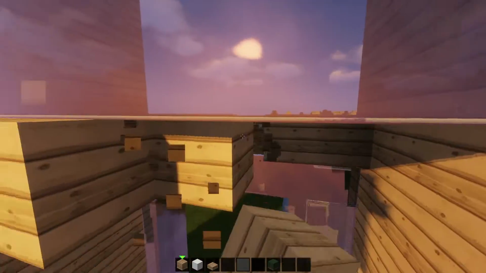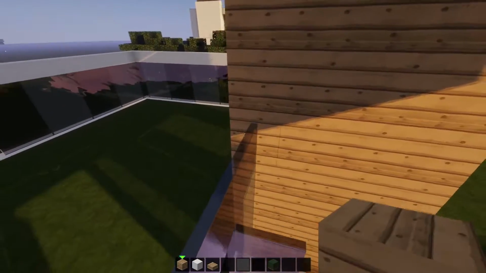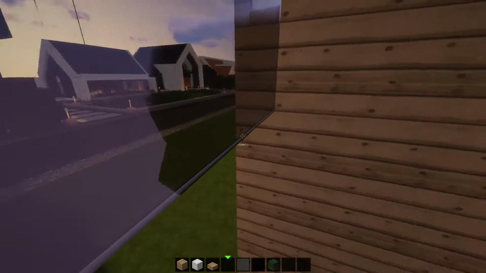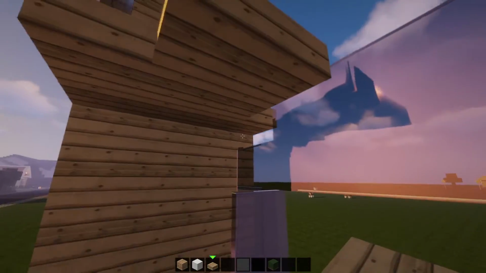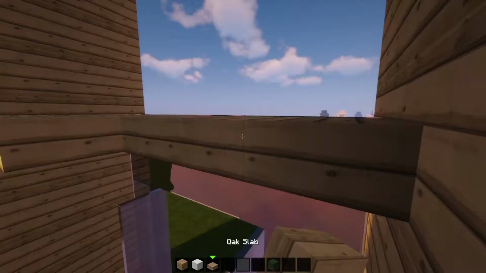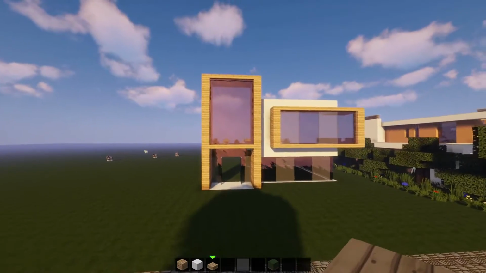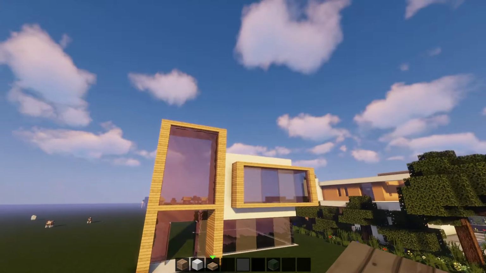But right here I'm gonna have to figure out something, because we cannot leave this window like this, so we're gonna have to figure out something. Let me just place the slabs. If we place a slab right here, then the window is gonna look like that, which is quite honestly terrible. So we're gonna leave it like this for now. When we start working on the inside, we're gonna fix that. But yeah, this looks quite honestly really nice, and I think that this is actually going to be it for